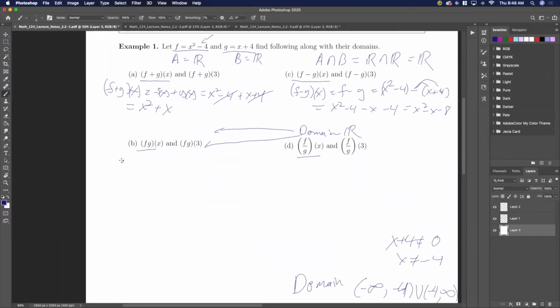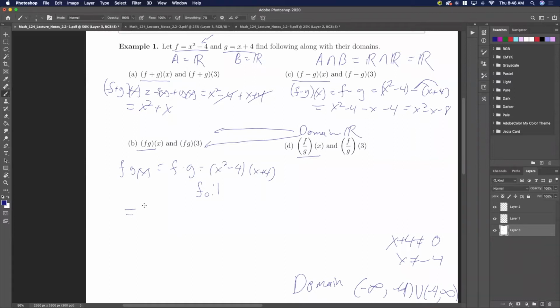Okay, and then f of g of x is equal to f times g, which is equal to x squared minus 4 times x plus 4. Here we're going to FOIL because we have a polynomial. So let's go ahead and do that. So the first would be x